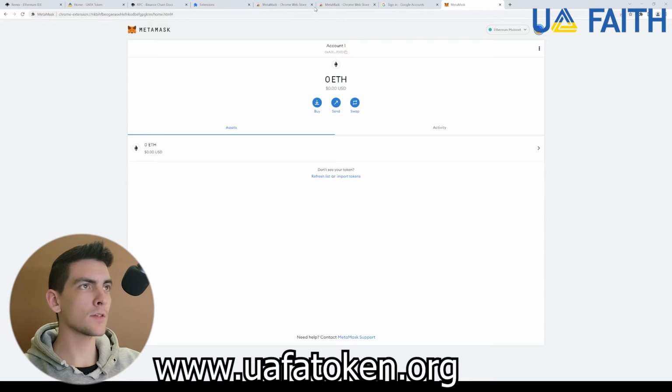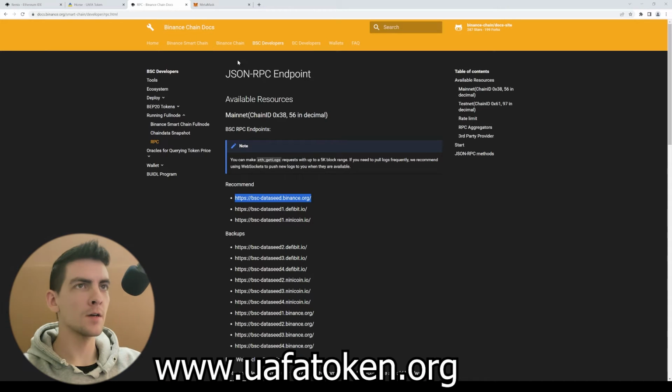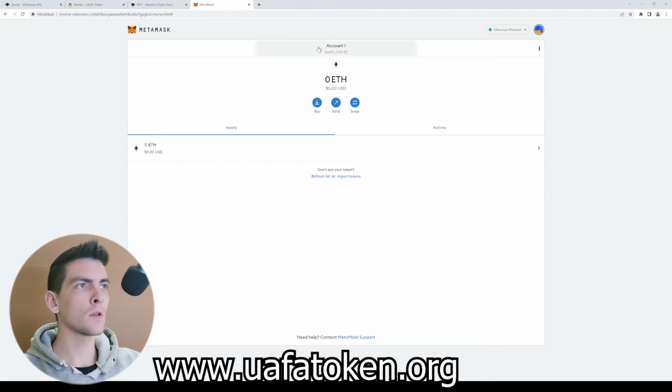Now, to change this, go ahead and go to the link that's in the description of this video or listed on this video somewhere. It's a Binance.org link, and you'll be able to get the RPC link right here. This is basically allowing you to connect to a node for Binance Smart Chain. So when you go back to your MetaMask,